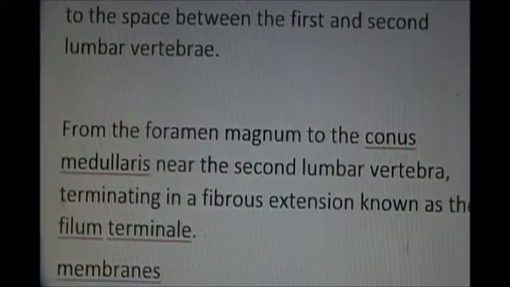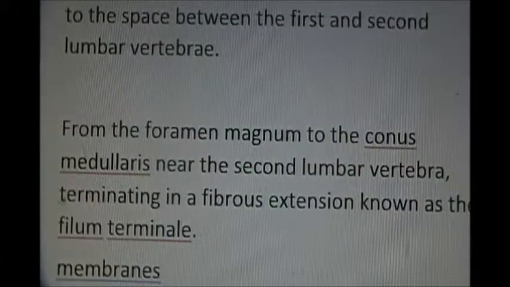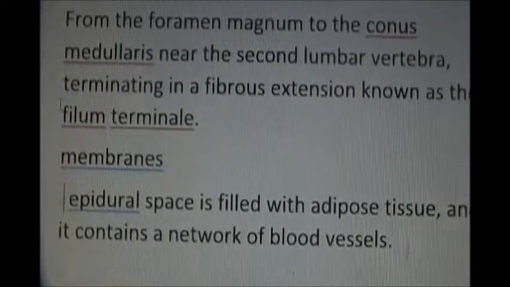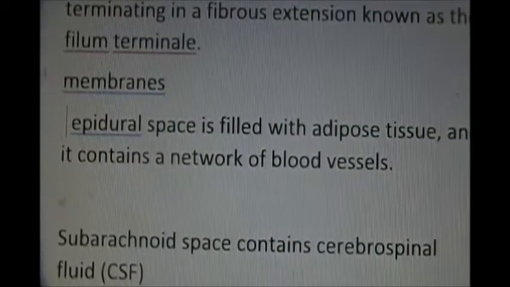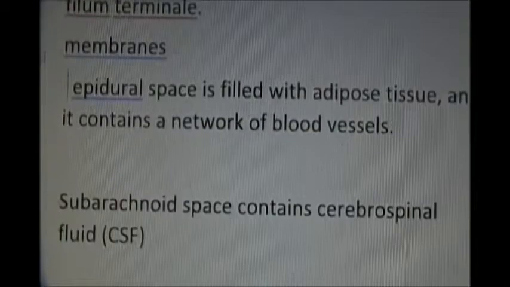The spinal cord. The spinal cord begins at the occipital bones and extends down to between the first and second lumbar vertebrae. It extends from the foramen magnum to the end point of the spinal cord that is called the conus medullaris. And what is filum terminale? It is the pial extension starting from the conus medullaris and connects it to the